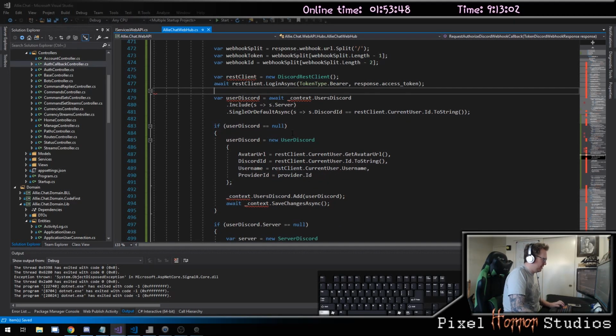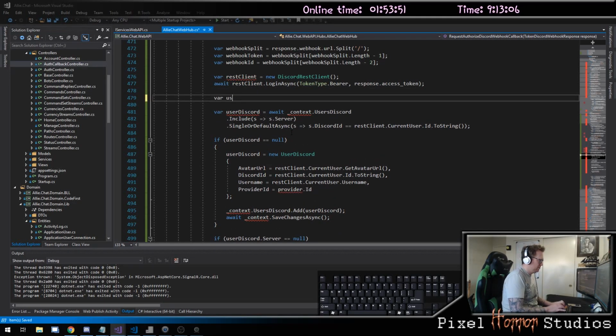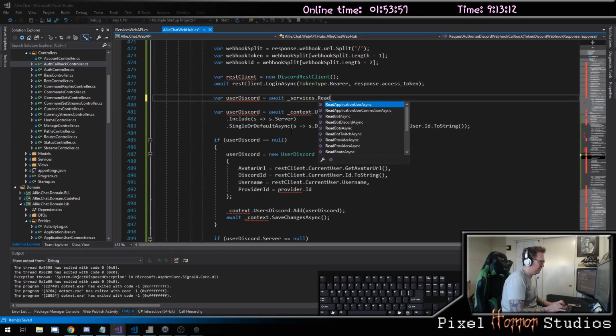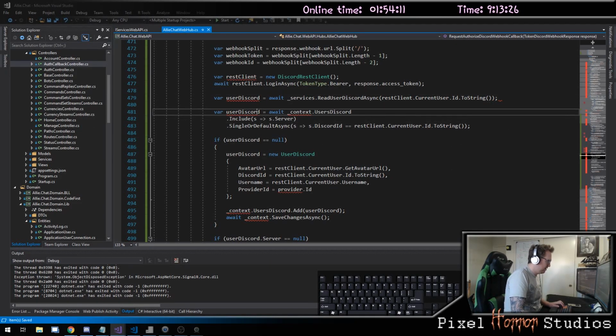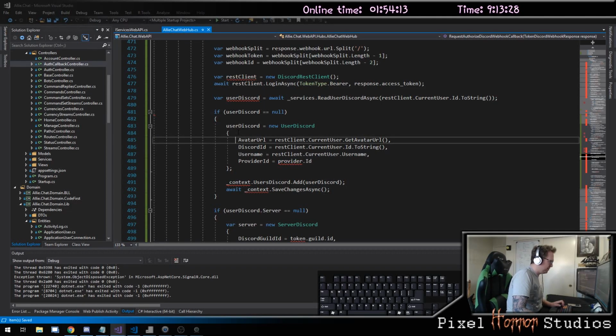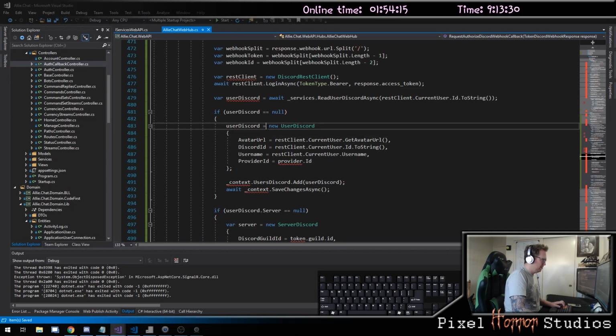Next thing I want to get is my user. And it's my services.read user Discord asynchronous, where my REST client.current user.id.toString. If it's null, then we're going to do an await